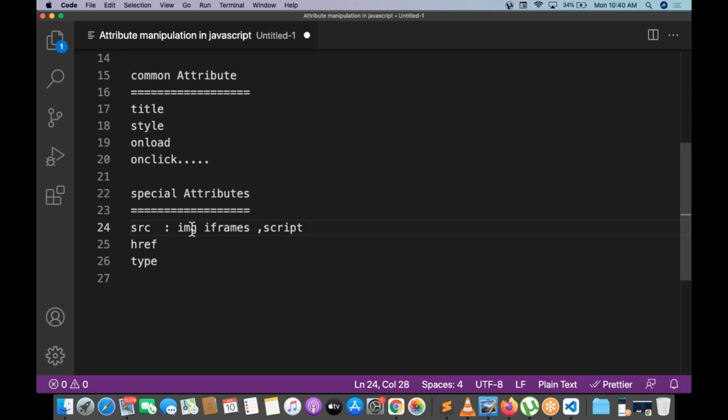And for img, whenever you want to load some images, source path is compulsory. That is called src. And iframes, whenever you want to load inner frames, src is mandatory. So src is the special attribute, guys. And href is used with link tag, anchor tag, and one more.